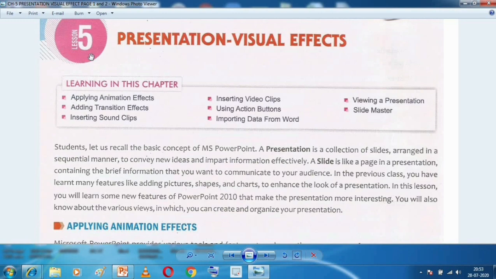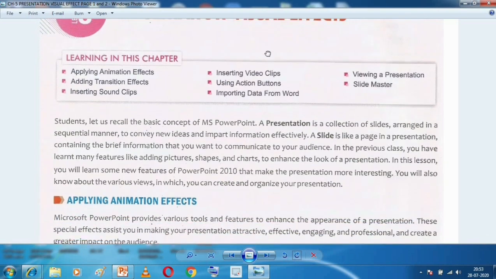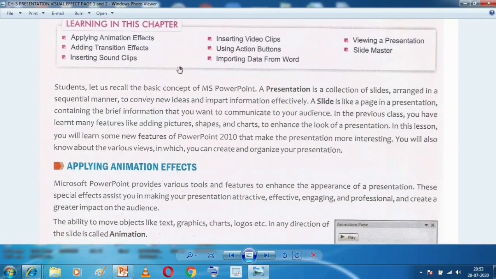Today we are going to start a new chapter. Chapter 5, Presentation Visual Effects. Students, in this chapter, we'll talk about a very important software of Microsoft Office, which is Microsoft PowerPoint. Now, this software, Microsoft PowerPoint, helps us in making